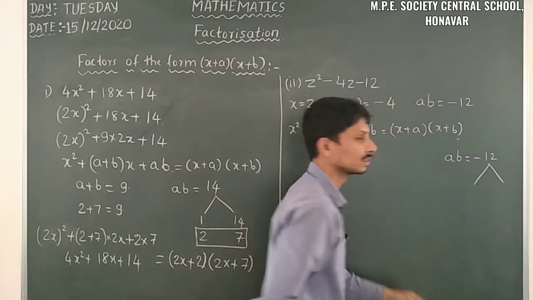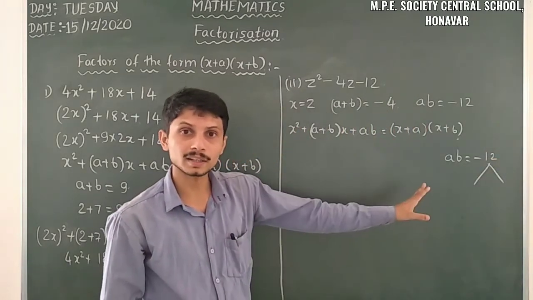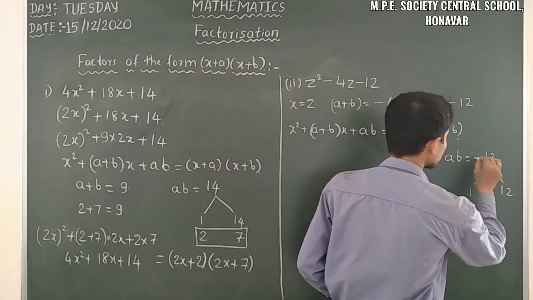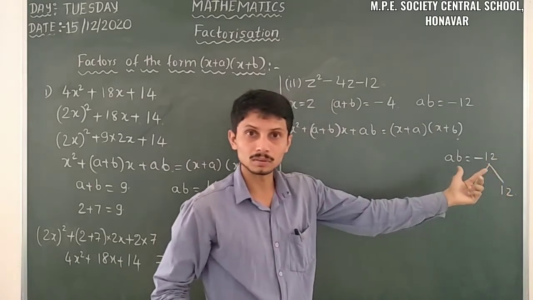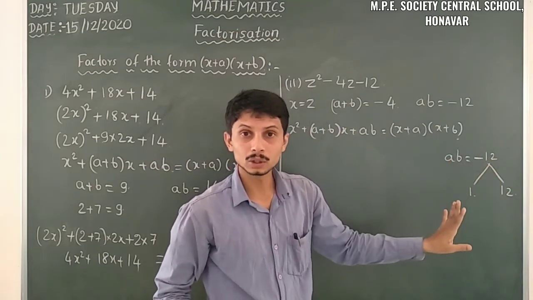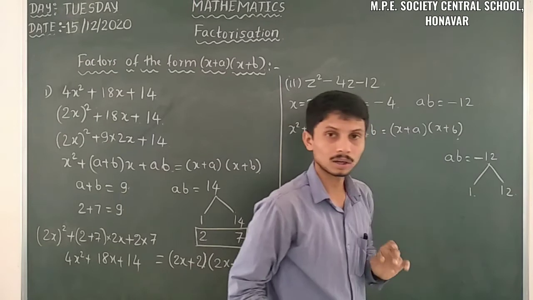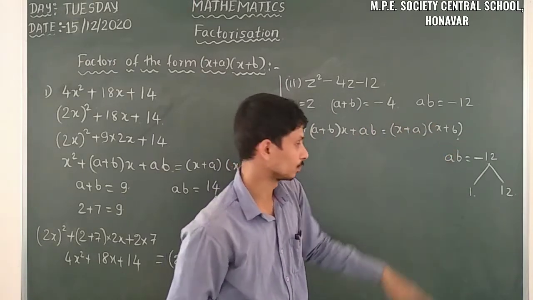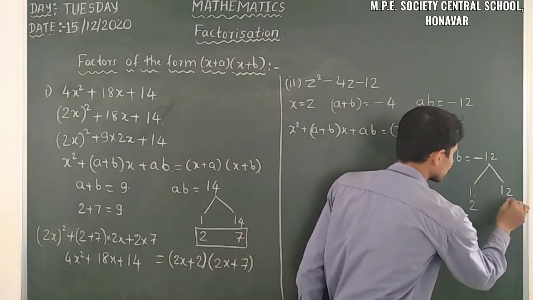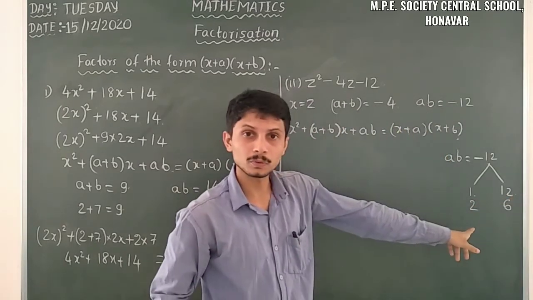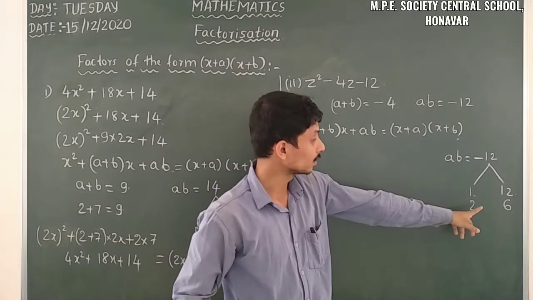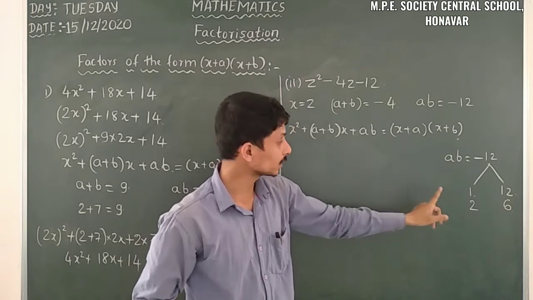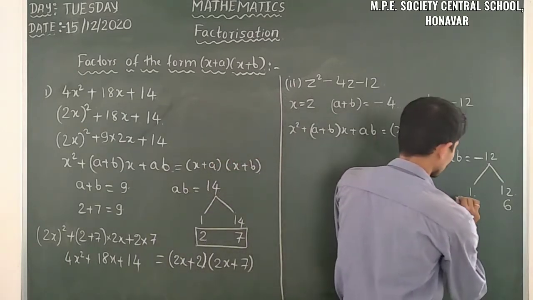We have to search the possibilities. What are the factors of 12? Yes. So let us take 1 and 12. Firstly, we have to check only 12. Yes, 1 and 12 is a possibility. Whether we can get 4? No. Then 2 and 6. Whether it is possible to get 4 here? Yes. When we subtract 2 and 6, we can get 4 here. It is possible. So we can stick with this one.